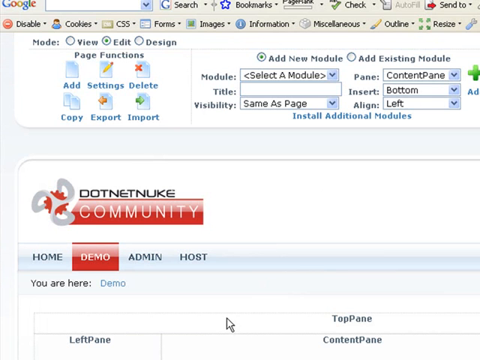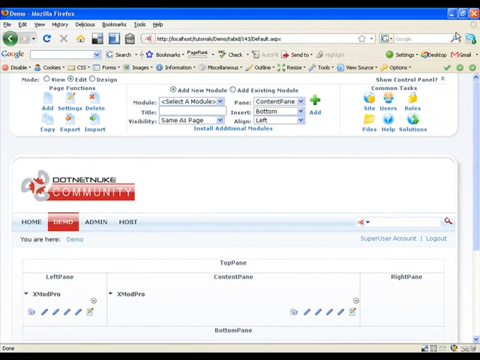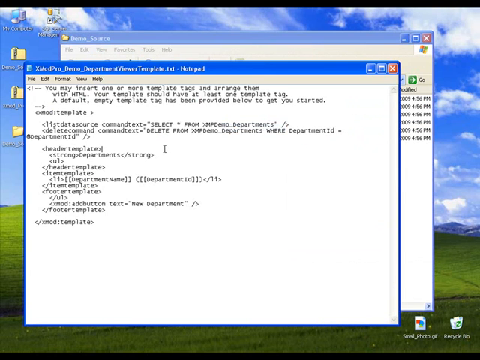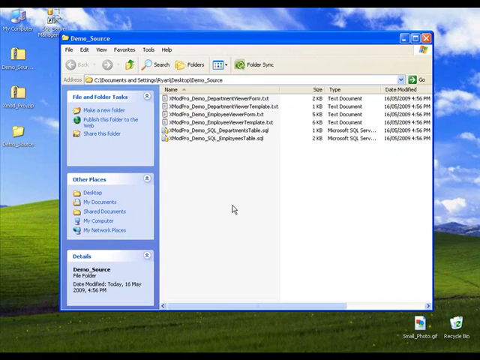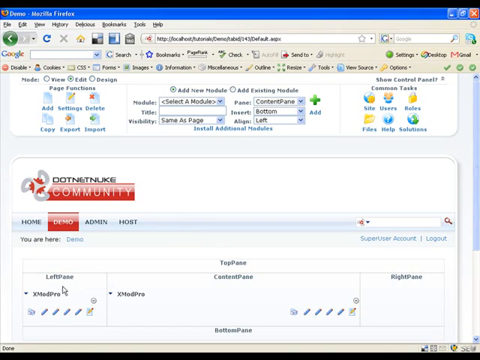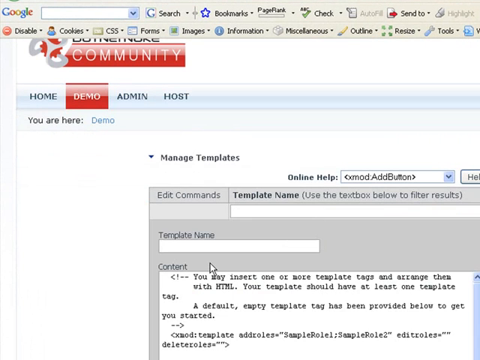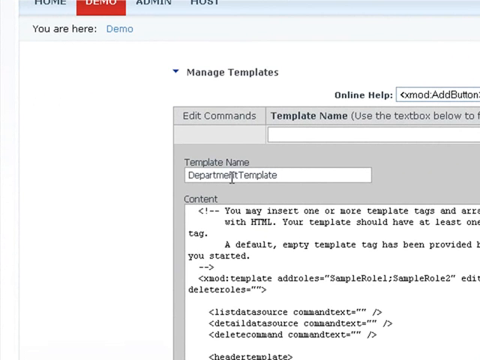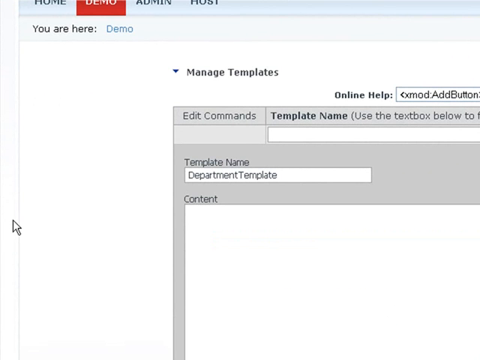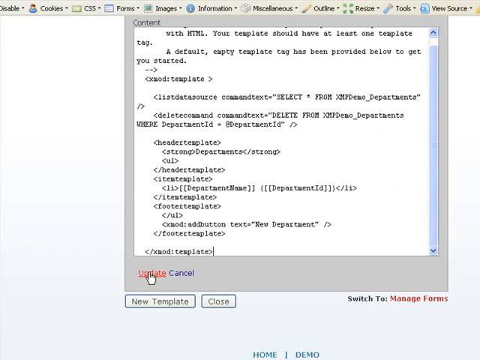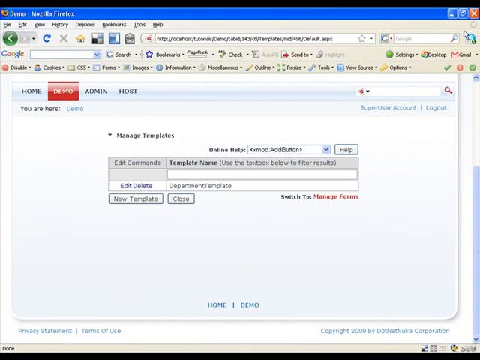Click close. Now we're going to move on to the templates. So we can select department template. So I'm going to copy the contents on the department template. We're going to, from the action menus, select manage templates, new template, type the word department template. We're going to delete the contents and paste our clipboard and select the update button, and we have to do that once more